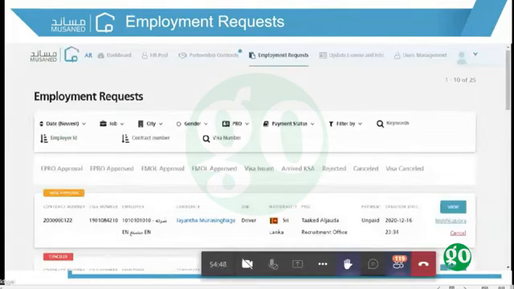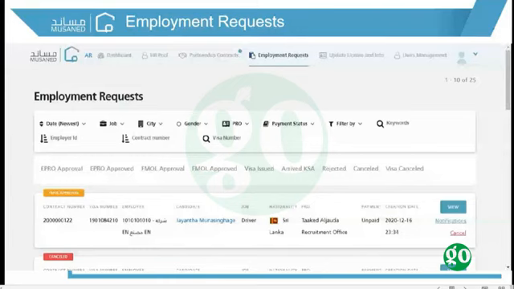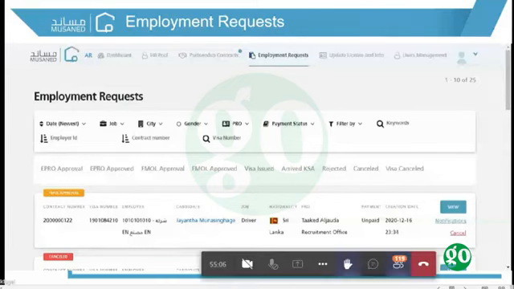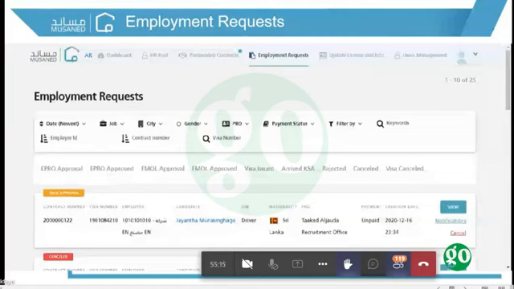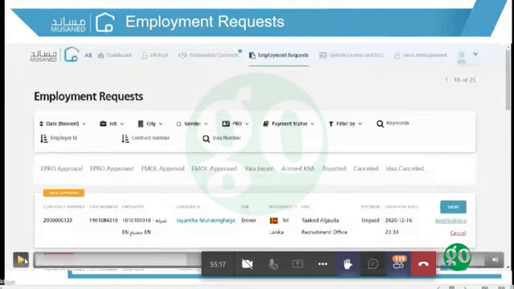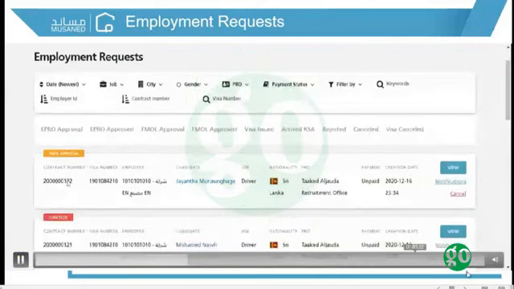So once the external office, the Pakistani office, approves the employment request, then the foreign Ministry of Labor would automatically approve the contract. So the contract status would turn to foreign MOL approved, because as in the country rules, for the foreign MOL it is auto approval. As we see here, the contract status has been turned to foreign MOL approval.